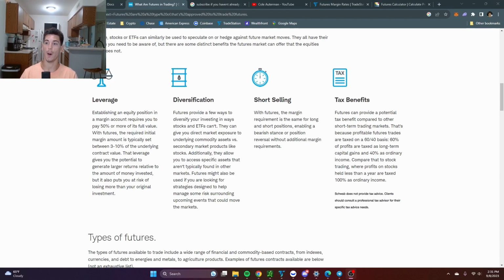And then another amazing benefit of futures is that 60% of your profits are taxed as long-term capital gains, and 40% are taxed as ordinary income or short-term capital gains. So instead of 100% being taxed at, let's say, 30 or 40%, you would divide that up. Say you made $100,000, 60% of that, which is $60,000, would be taxed at, let's say the long-term tax rate is 20%. So you're just paying a lot less in taxes, which is amazing.